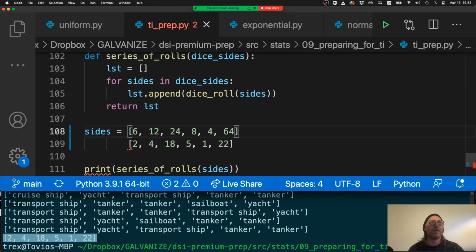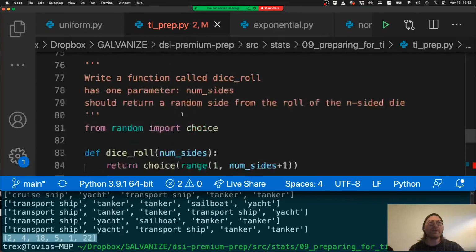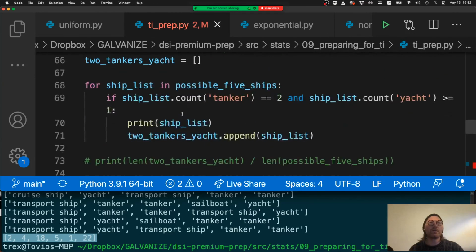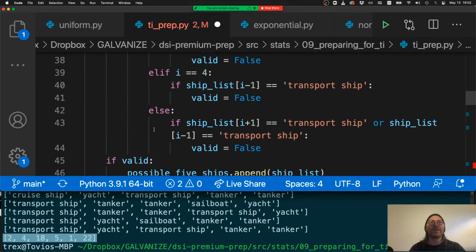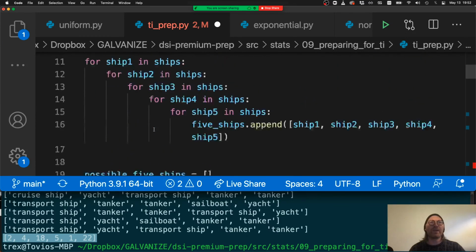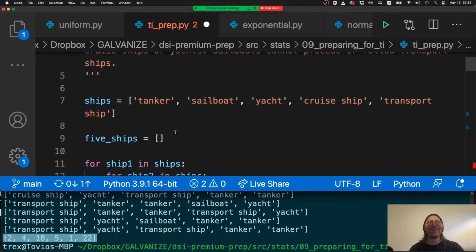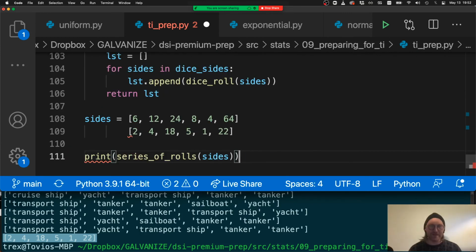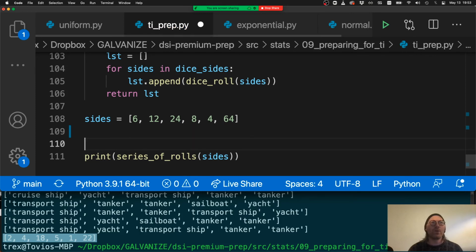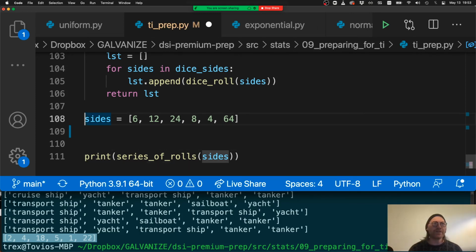Okay. Let me figure out what is printing out up here. It's that. So let me comment out that. I think there might be another one up here. And this is another good reason to wrap everything in functions so that you don't just have some massive wall of stuff that's doing things. Okay. So we have this function and it works, and